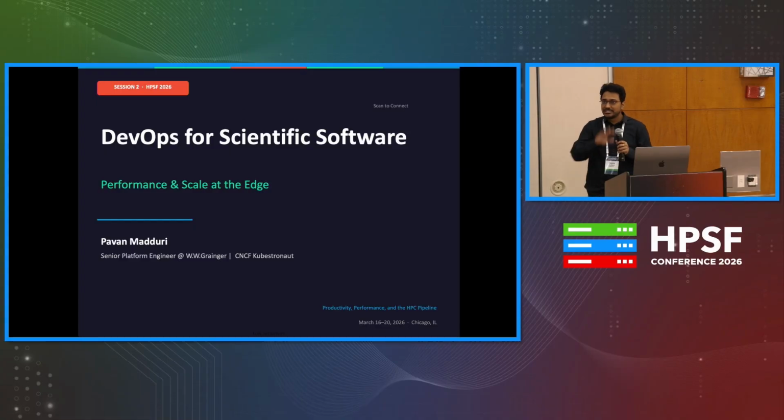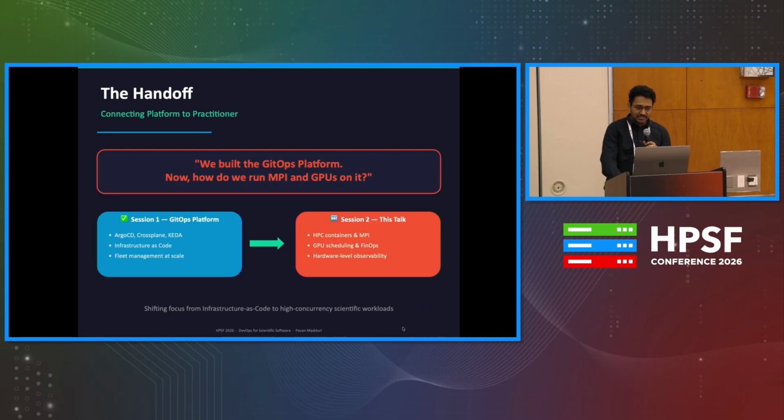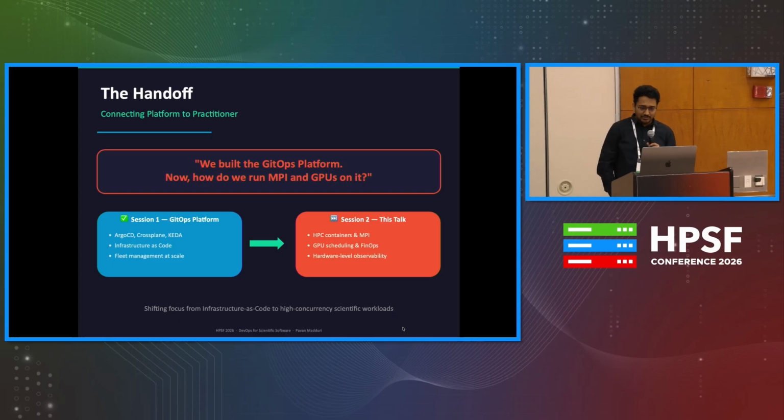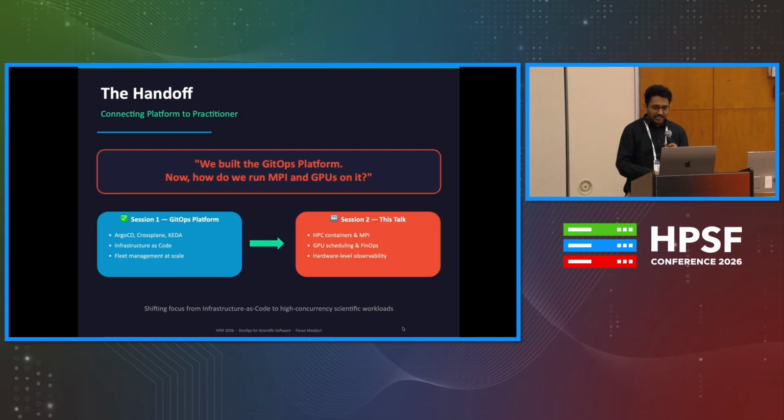For those who have just joined, this is Pavan. I'm a senior platform engineer at Grainger. Now we are going to talk about what runs on the HPC cloud: workloads, machine learning, and scientific software. And in session 1, we dealt with the various GitOps platforms like Argo CD, Crossplane, and KEDA